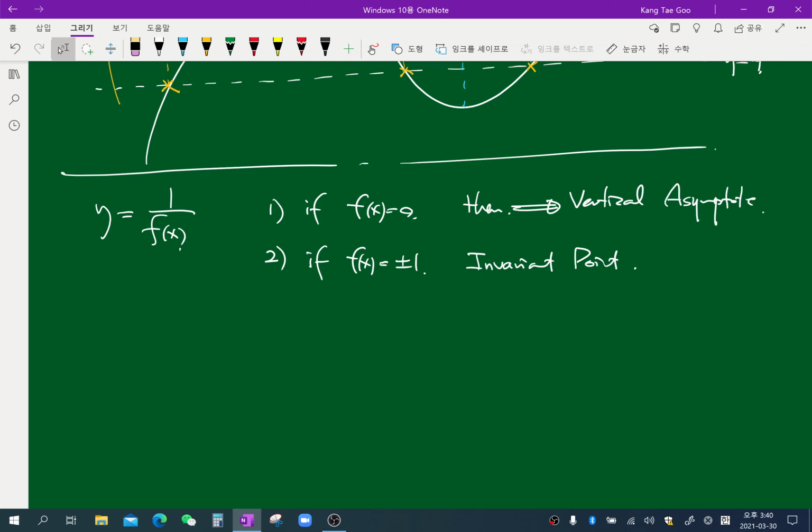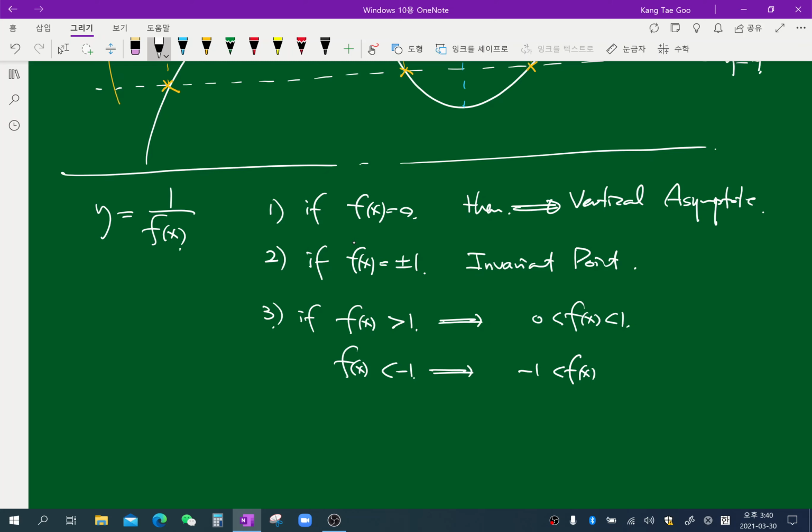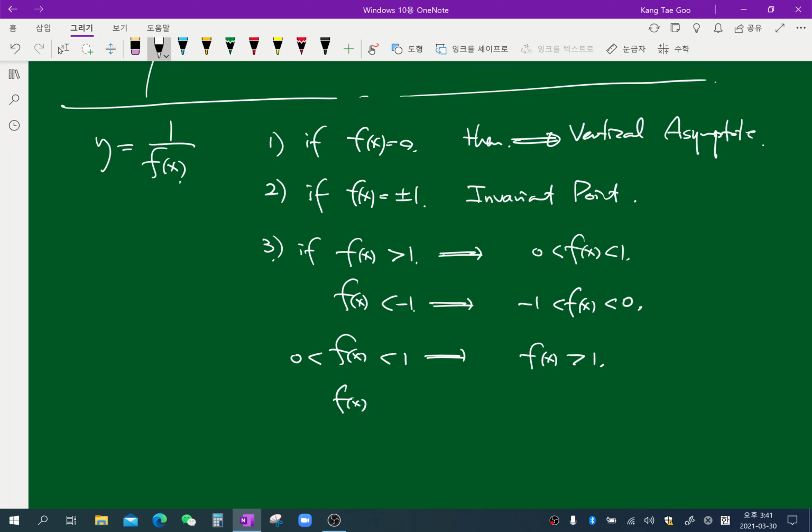And then if f(x) is bigger than 1, it goes down to between 0 and 1. If f(x) is smaller than minus 1, then it goes down to between minus 1 and 0. If f(x) is between 0 and 1, then it becomes bigger than 1. If f(x) is between minus 1 and 0, then it becomes smaller than minus 1. Which means that